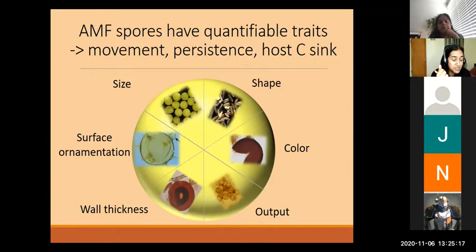Their spores differ with respect to size. So their volume can vary. Some are very small, some are large, quote unquote large. Large meaning, to put it in perspective, like the head of a pin. That's pretty large for fungi. Some of the spores vary with respect to shape. Some are darker, some are lighter. They vary with respect to surface ornamentation,